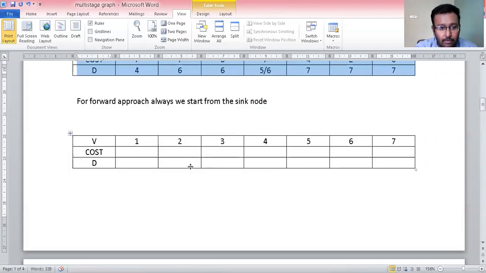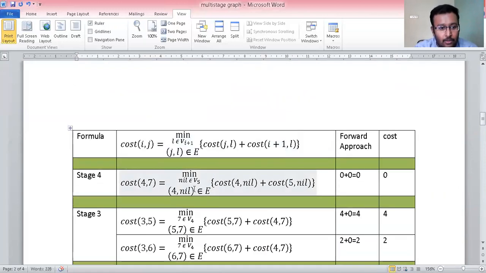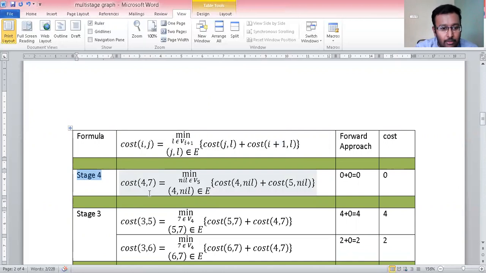I'm going to explain, and simultaneously I will fill this table once more so you will understand better. So now going to stage 4. Always, as I told you, in the forward approach, you should start from stage 4. So now the vertex at stage 4 is 7. So you have to find out the cost of the vertex 7 in stage 4, which is equal to the minimum of,